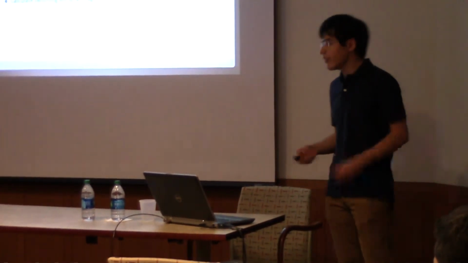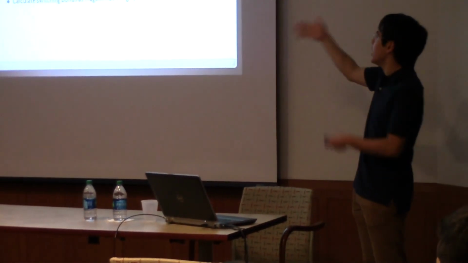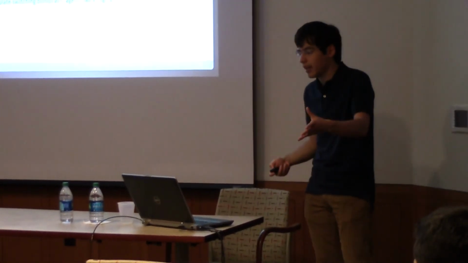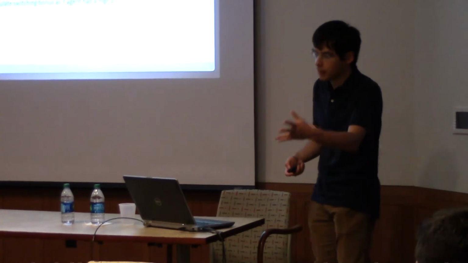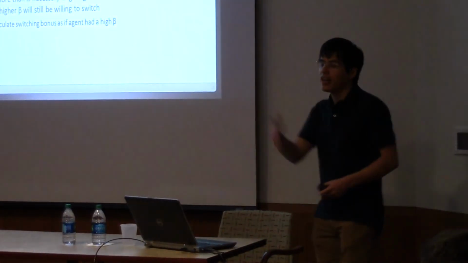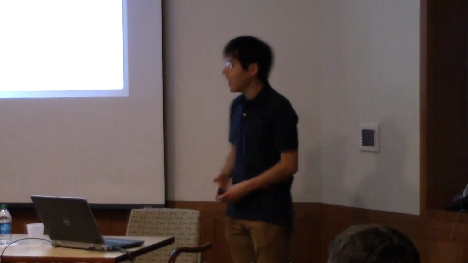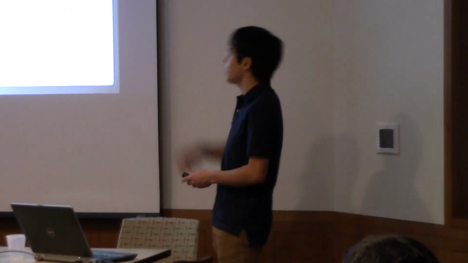Finally, I can also, if I say I'm going to split the switching bonus as if the agent had a high beta, again, I have to set a higher switching bonus. But I can make agents with higher beta still willing to be switched and to take the efficient path they actually wanted them to take. I make higher payouts, but I get more margin for error. It's a trade-off. And it's one that we can explore more interestingly, but here are some open questions I want to